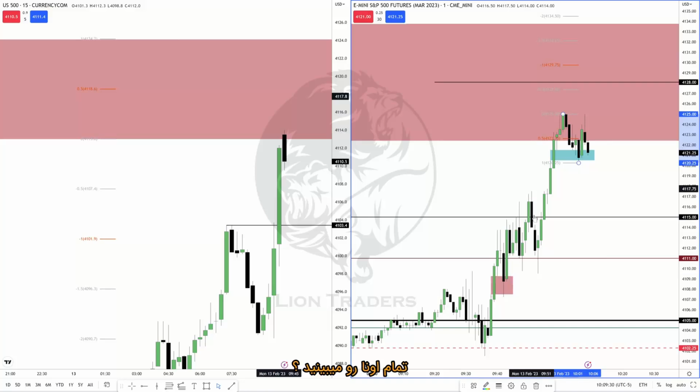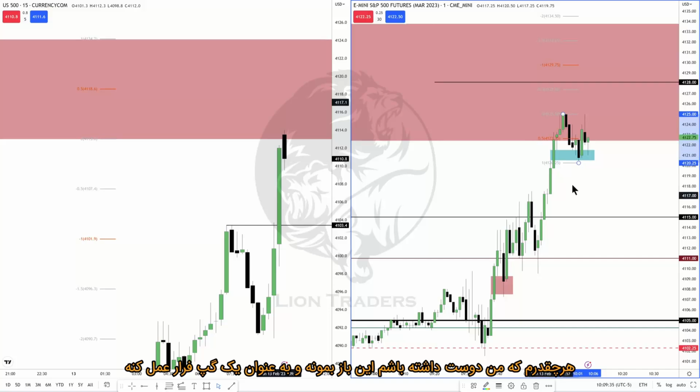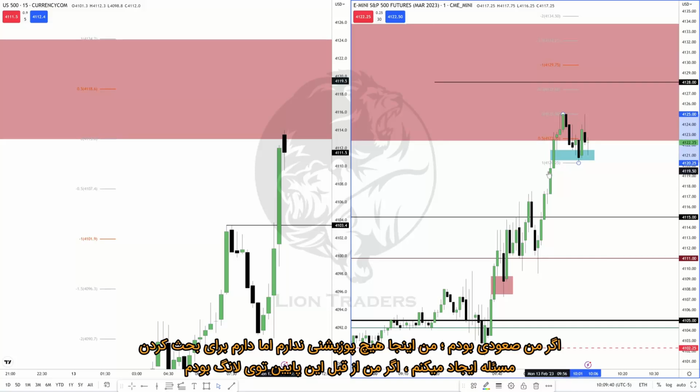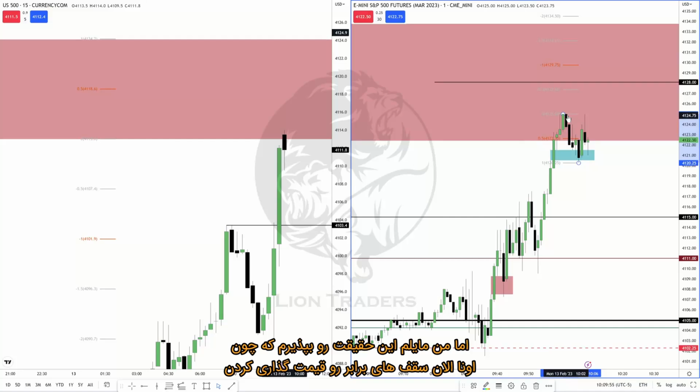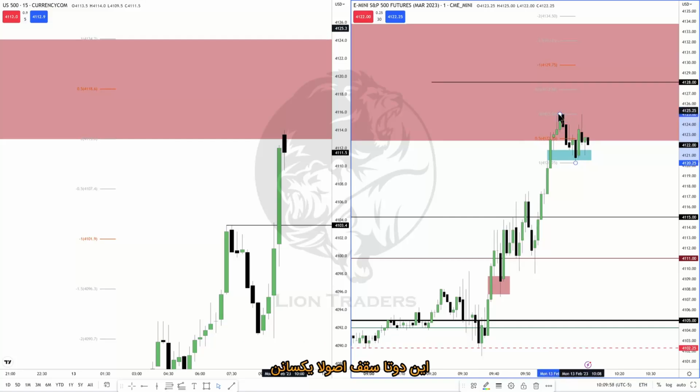See all that? That to me is a balanced price range. So, meaning, as much as I'd like to see this stay open and act as a breakaway gap, if I was bullish, I have no position on right now. But I'm making the case for arguing if I was already long down here, I'd want to see this left open, do all of the reaccumulation of new longs here, and send it above these highs. But I'm willing to accept the fact that because they've now priced in a relative equal high, these two highs being basically the same, if they take this short-term low out here, then it can come back into here,